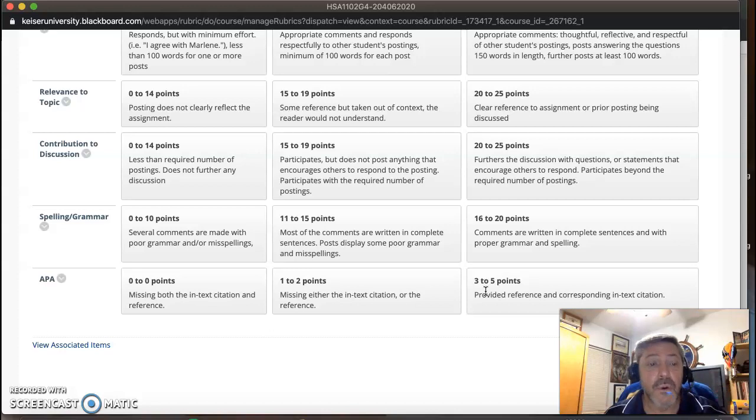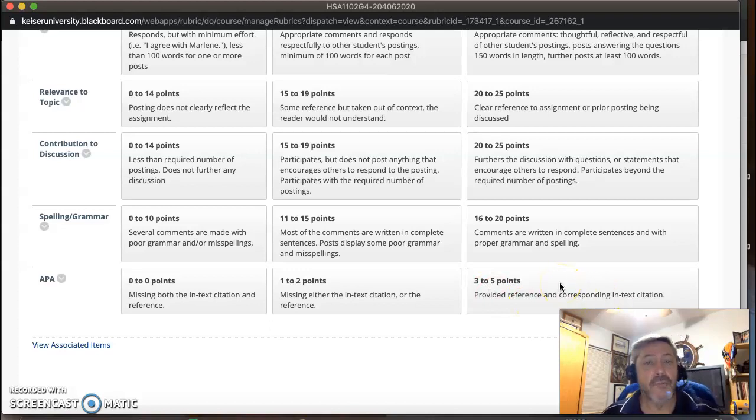Spelling and grammar. I do grade heavily on spelling and grammar. The reason is that number 1, you're a collegiate student, so you need to learn how to spell and write. Number 2, you are going to be documenting legal documents, be it a medical record or medical billing and coding. You need to make sure that you're spelling correctly as you're documenting these records, because a misspelling could result in a misdiagnosis, a bad treatment plan, and God forbid, death. So I'm very hard on spelling and grammar.